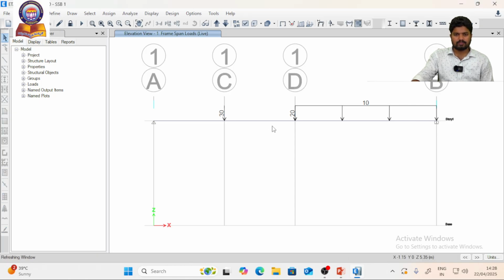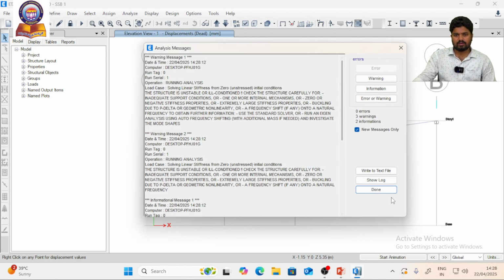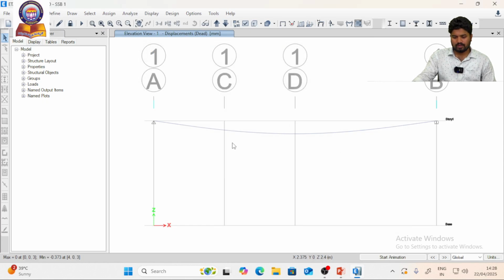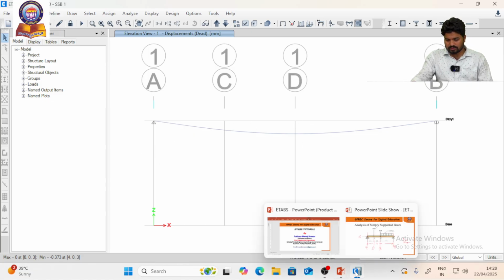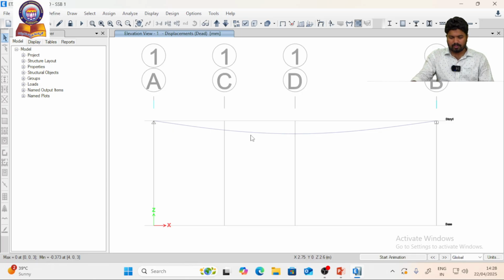Now you can see this is the deformation of the beam, that is the deflection of the beam. So now for this simply supported beam, if you want to see the reactions of our end supports, for that